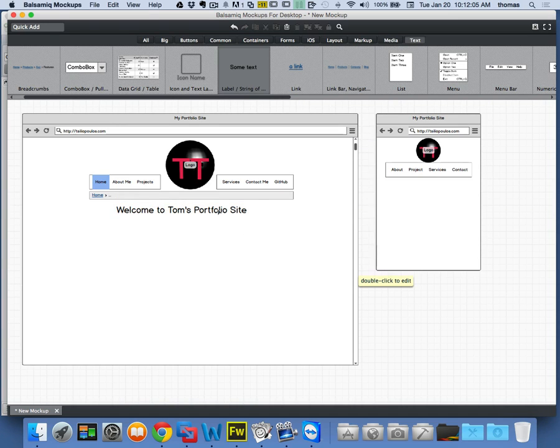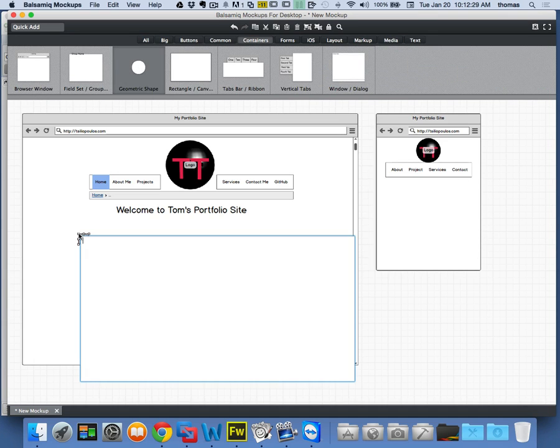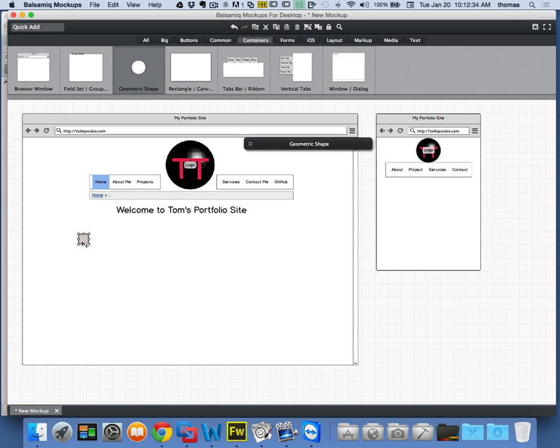And again, this is the great thing. If I don't like it, or if it looks ugly, or if I want to add other style to it or whatever, again, I'm just putting my content requirements in here, right? You know, I'm using a circle, and maybe I want to use circles as kind of one of my themes for my site, like a lot of different circles, right? So one of the things I can do is definitely put a container in there, some kind of geometric shape that I want to kind of drag and drop, right? And let's say I want to put my geometric shape in the background,